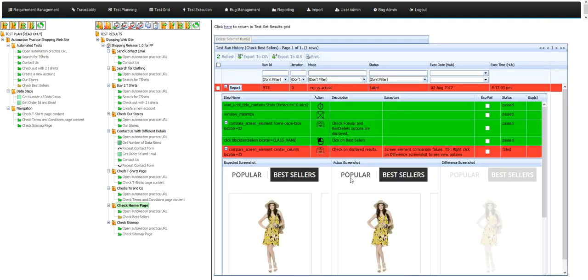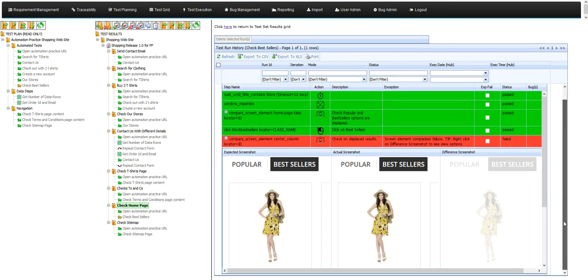And if I expand the history and go down to this particular step here, we've actually compared a screen element which is called center column. That's the locator, which is an ID. And you can see that we have an expected, an actual and a difference. If I scroll down